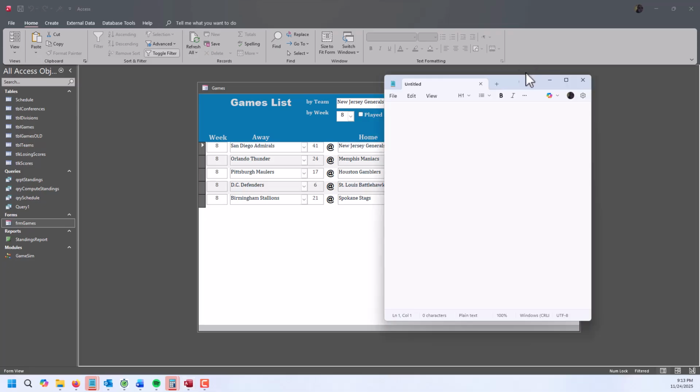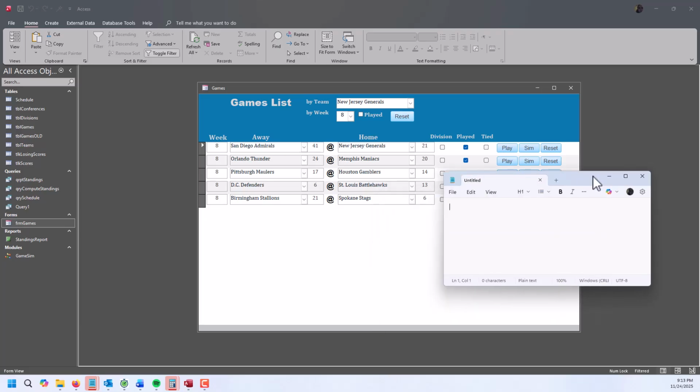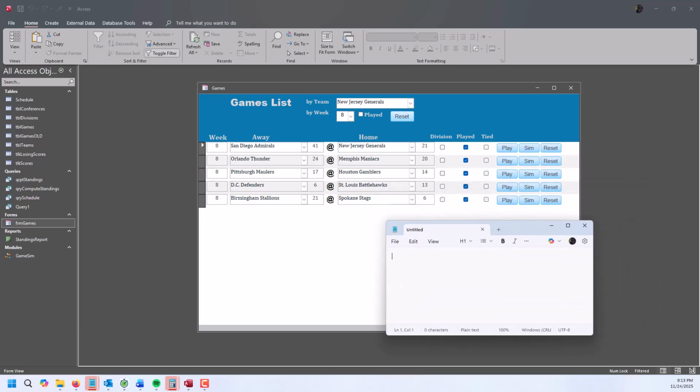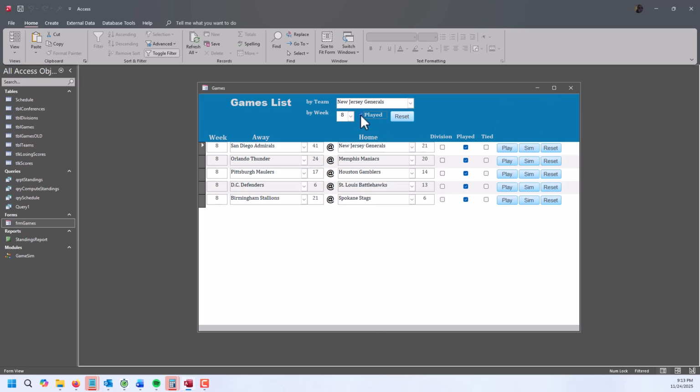So, okay, I'll just show you in a notepad, just kind of typing it out. What we want is played. We're going to show played and team or week. I don't know why I had to capitalize that in all caps. Anyway, so we can show team or week, but played is going to be outside of that. So in other words, clicking played, if we're already looking by week,